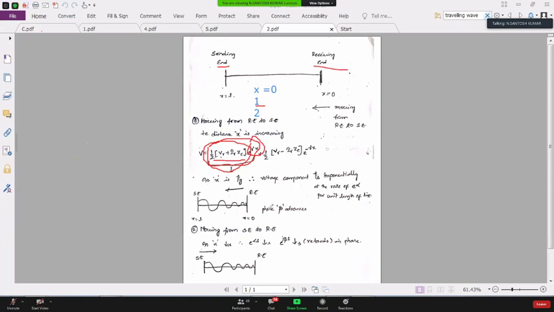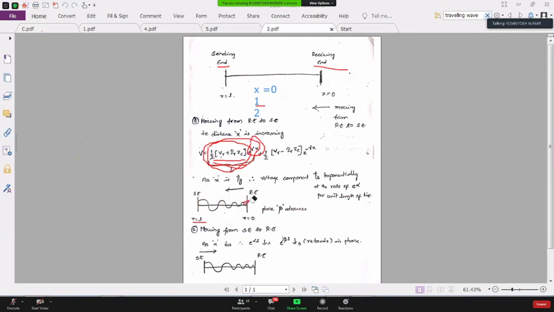If I want to show that in a waveform, see this point here. At the receiving end, the magnitude is less. As I'm moving from the receiving end, as x is increasing, the magnitude is still increasing. See the waveform here, it is increasing like this. When it reaches the sending end, your distance is maximum, so e power gamma x will be maximum, the product will be maximum, and this component will be at higher magnitude. Yes or no? Yes, sir.